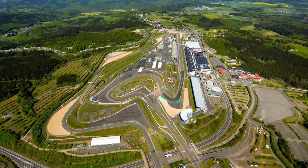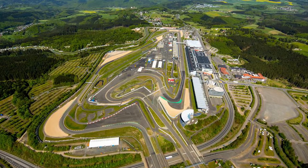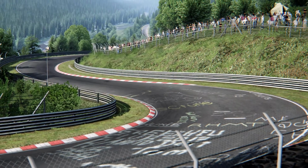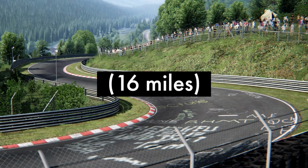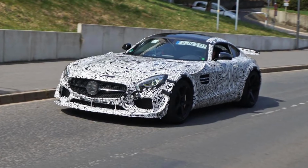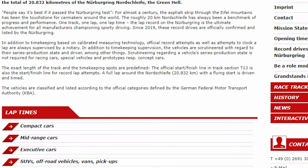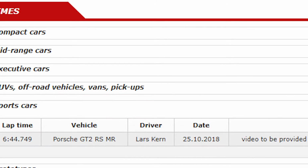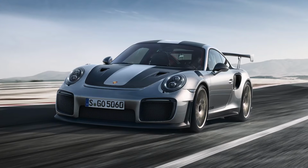The Nürburgring. You know it, your friends know it, one of the longest and most demanding racetracks in the world. Nicknamed the Green Hell, this track spans a near 26 kilometers, and it's used by manufacturers to help test performance in their sports cars. Can you guess which car holds the record for fastest road legal sports car? Yes, that's right. The Porsche 911 GT2 RS MR, which is a slightly modified version of the standard GT2 RS,